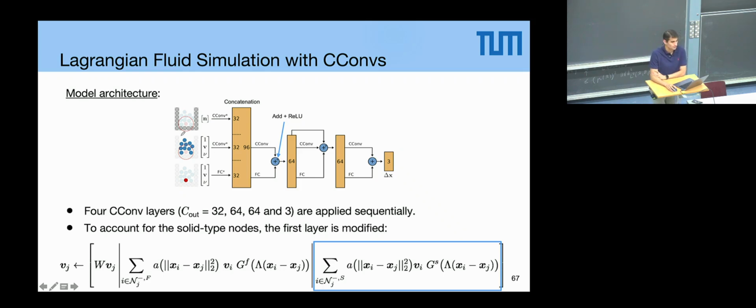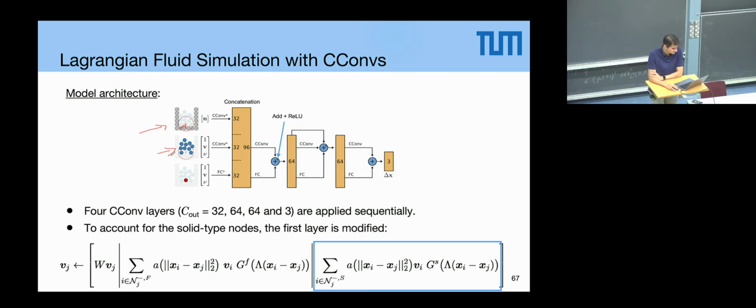go through it. So remember that we had different kinds of nodes. We have these nodes for discretizing the wall and some nodes for discretizing the fluid. So in the first layer of the model, they apply their message passing layer, which they call continuous convolution, by taking into account for each node only the wall type nodes. So this node will have 3 or 4 neighboring wall type nodes that are sending a message to it. Other nodes located inside the fluid will not have any wall type node, so the output will be equal to